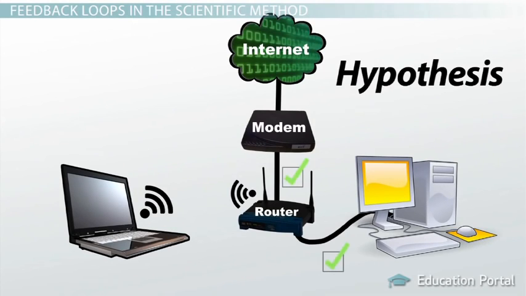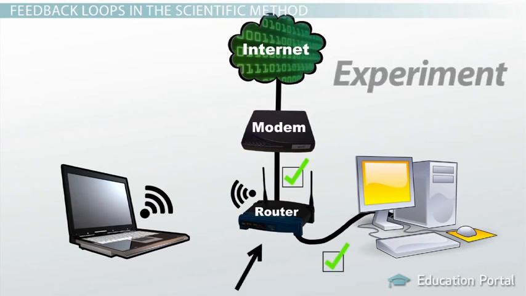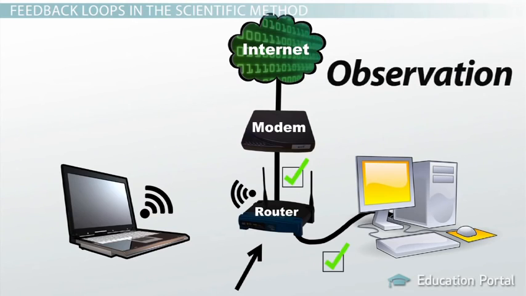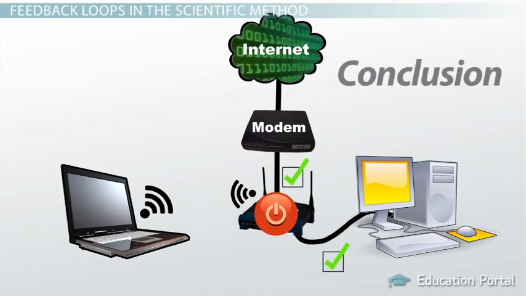If both my internet cords are properly plugged in, then there must be a problem with the router. My experiment was to check both cords and the router. My observation was that both cords were plugged in and that the router was off. I analyzed the evidence and my conclusion was that I couldn't connect to the internet because my router